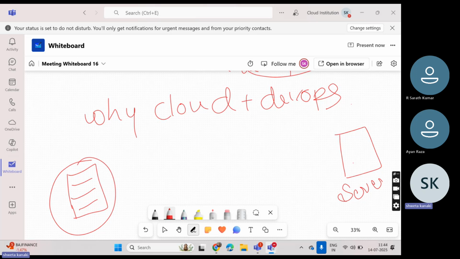Now, for example, I have done some update. As a developer, I have created a new feature for Instagram. That is not present on the server. What do we have to do? We have to remove everything and deploy it again. You have to remove it from the server and add the new features again.